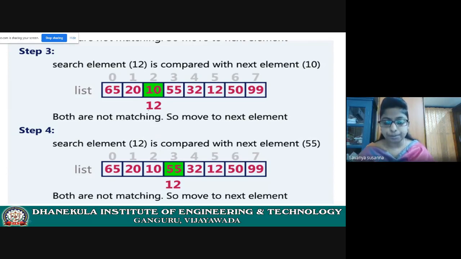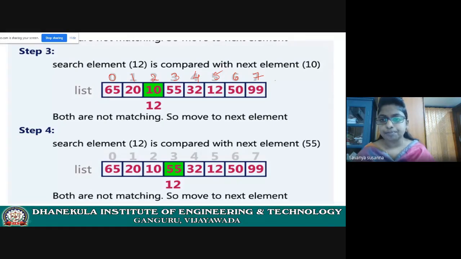You need to compare element 12 with each and every element in the array. This is the array. You need to write down the indexes also. Write down 0, 1, 2, 3, 4, 5, 6, 7.